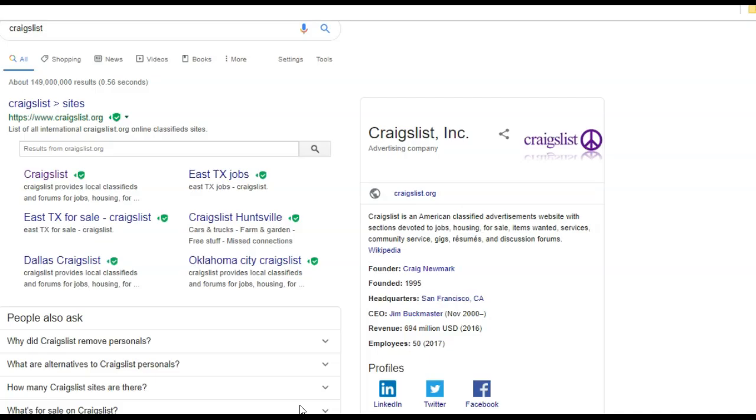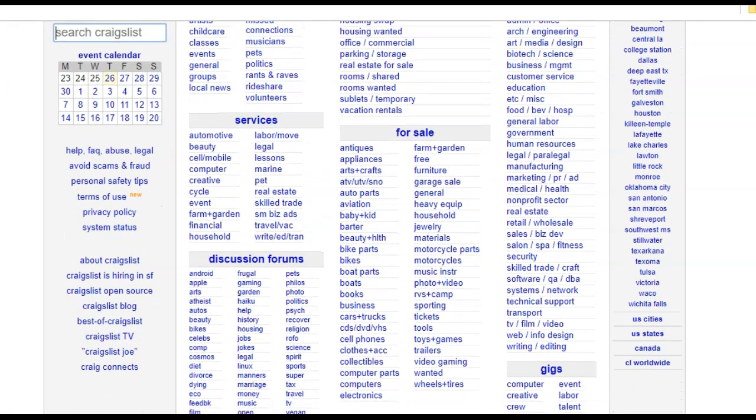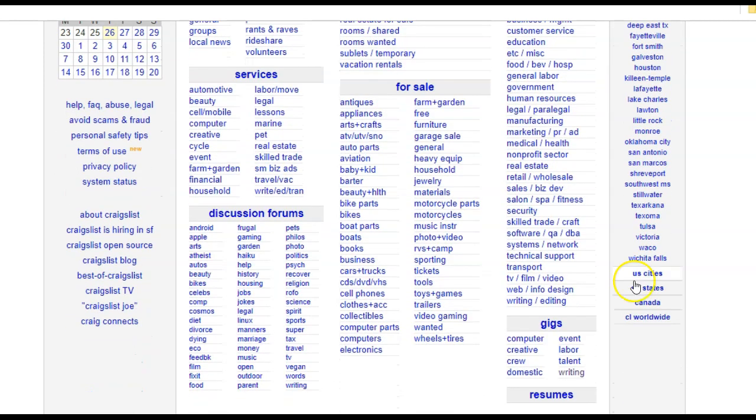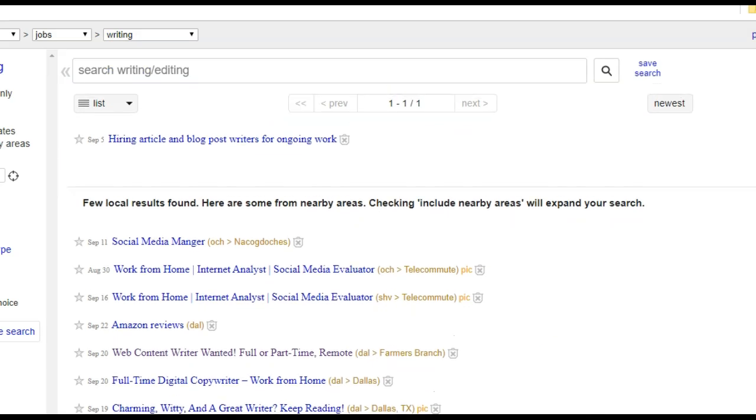Okay. I started out, typed in Craigslist in a Google search, and I'm going to click right here. Now there are two places that you can look to find posts for writing jobs on Craigslist. The first is under Jobs. Scroll down and you see Writing and Editing, and when you open up you'll see some listings for writing work